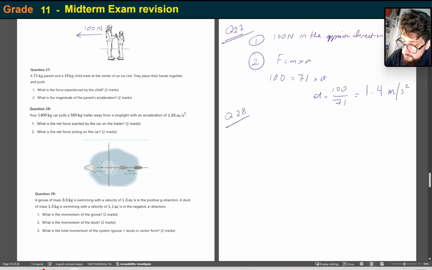Question 28. Your 1,400 kilogram car pulls a 560 kilogram trailer away from the stoplight with an acceleration of 1.85 meters per second squared. What is the net force exerted by the car on the trailer, and what is the net force acting on the car? A very good question indeed. Okay, so let's think about this carefully,